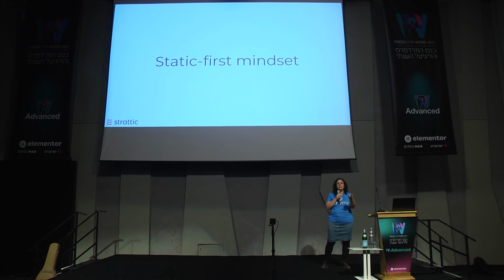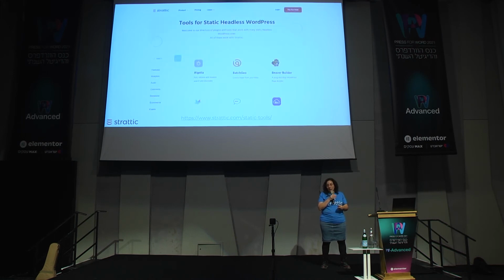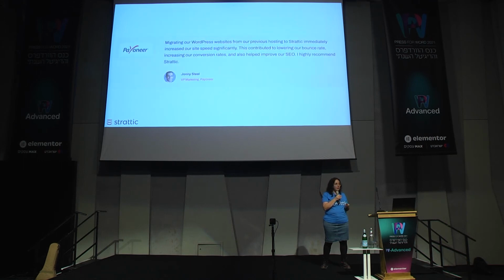To build a site that is static compatible, you just have to have a static-first mindset. Some things that you would do on WordPress, you might have to do a bit differently so that it will work on the static version. Like use the forms that we support, or use HubSpot forms or MailChimp forms that feed into a third-party service. We have a directory on our site, the static tools directory. If you want to do something on your site and you wonder if it'll work on static, first of all, you can test on static, but also you can just look for alternatives. We have it categorized, and you can look for solutions that work perfectly on static.